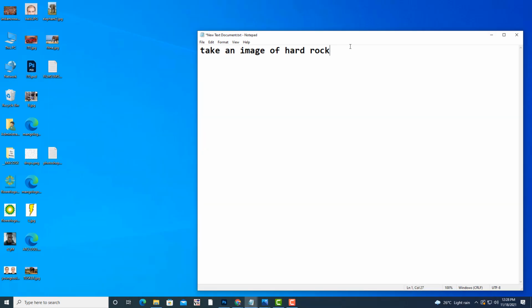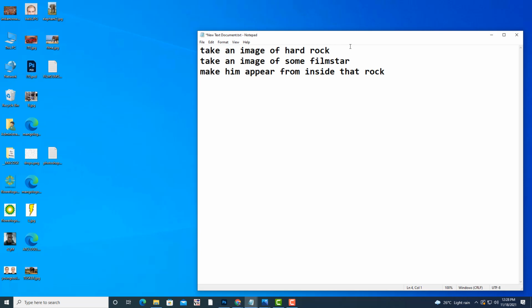Then take an image of some film star, and make him appear from inside that rock.